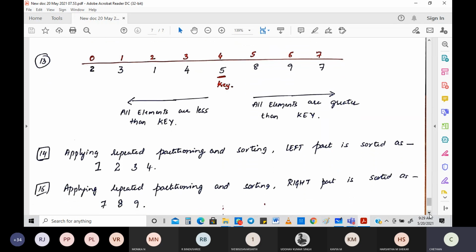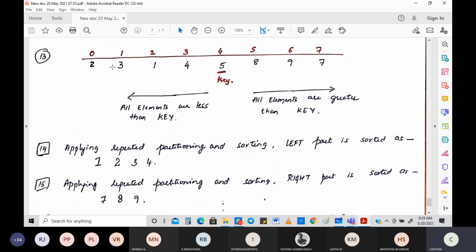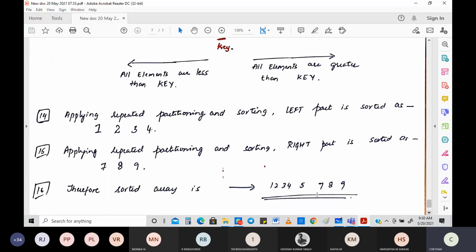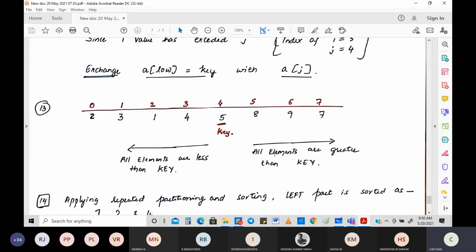So when you combine all those things, this will become 1, 2, 3, 4. Then 5 will be there in the middle. We are not going to touch that. Then again we saw 7, 8, 9. For this, we again wrote an algorithm yesterday. Remember, when we do that, we are going to get it like this. So this is the most important part of understanding the tracing part of it.